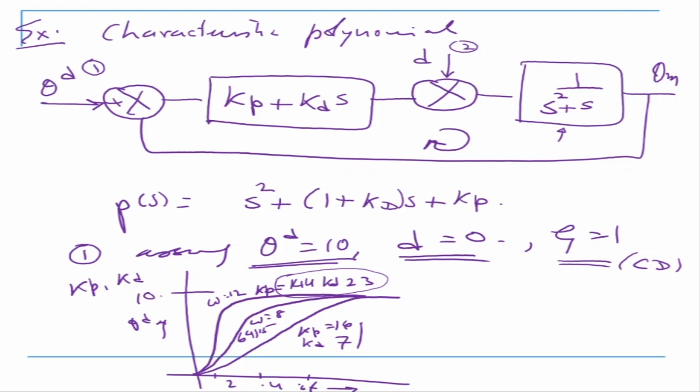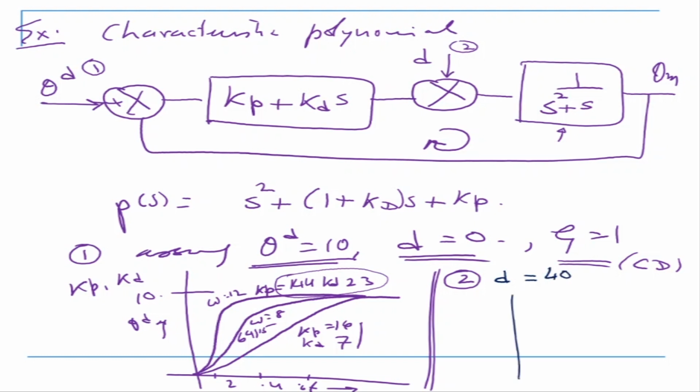The second case is if you put disturbance. Now if I consider disturbance on the system, suppose I see the next case. Let me change the color, the same thing, but I'm now considering the disturbance also. I'm saying disturbance d is equal to, just for example, let us say disturbance d is equal to 40.